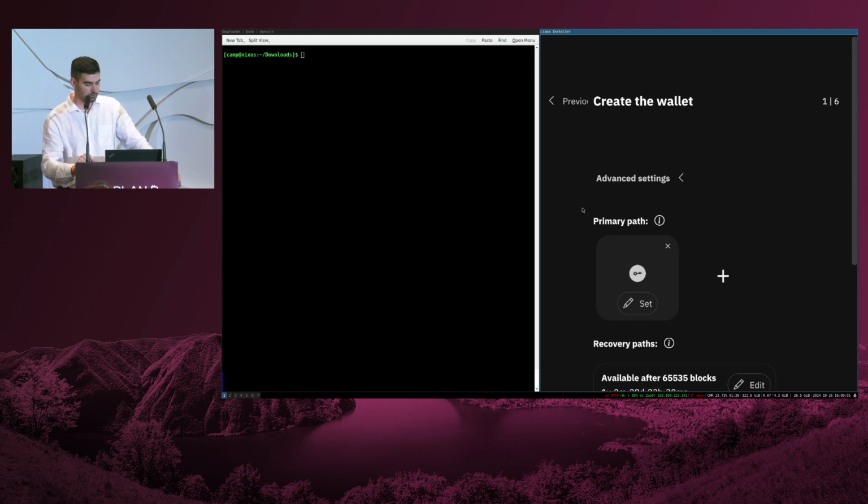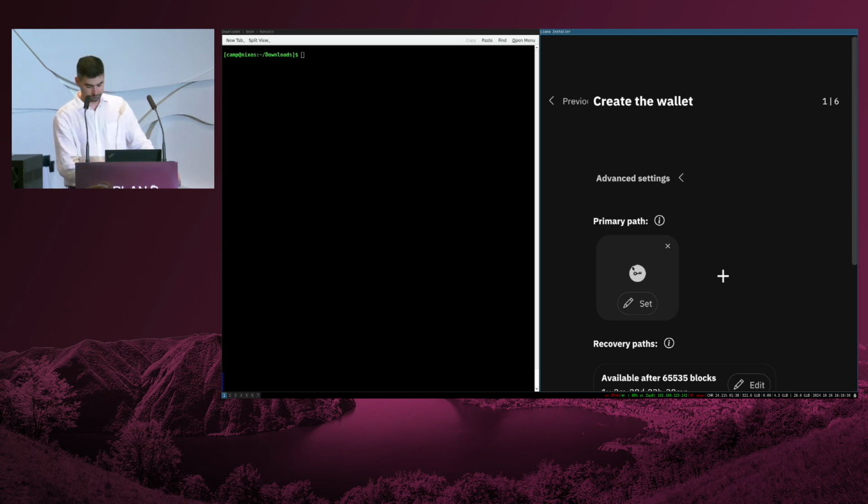One of the biggest advantages of Miniscript enabled wallets is the fact that you can have primary spending paths and recovery spending paths. And the good thing about primary spending paths is that you can even choose to not back up your key. Why? Because you can count on the recovery path, which becomes available after the expiration of the time lock.